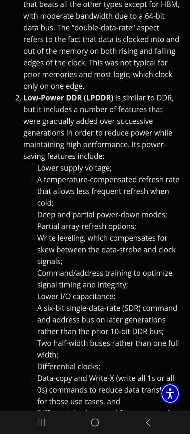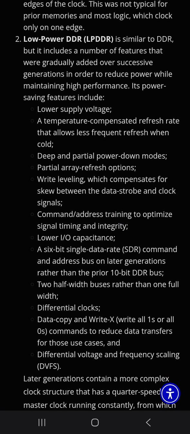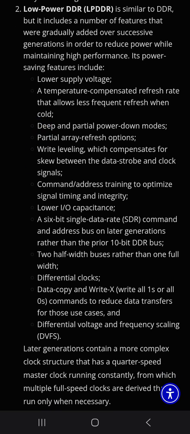2. Low power DDR, LPDDR, is similar to DDR, but it includes a number of features that were gradually added over successive generations in order to reduce power while maintaining high performance. Its power-saving features include lower voltage, a temperature-compensated refresh rate that allows less frequent refresh when cold, deep and partial power down modes, partial array refresh options, write leveling, which compensates for skew between the data strobe and clock signals, command and address training to optimize signal timing and integrity, lower I/O capacitance, a 6-bit single data rate, SDR, command and address bus